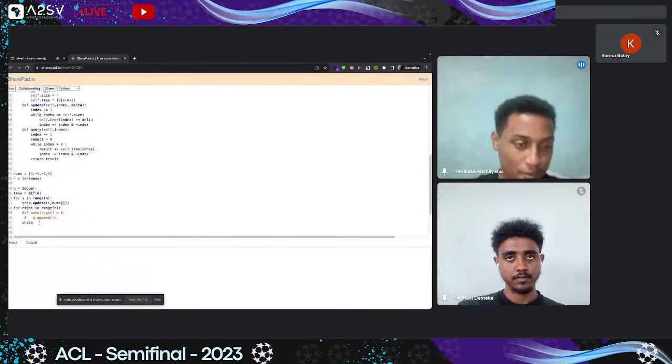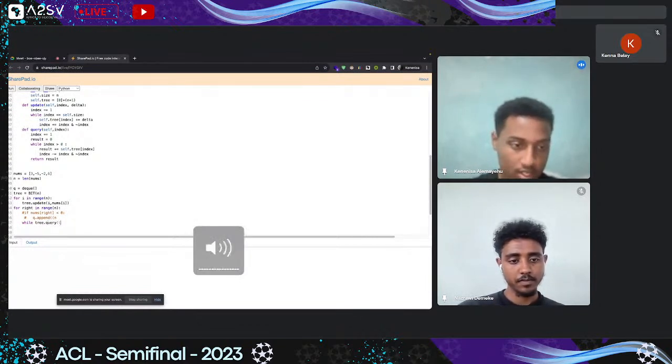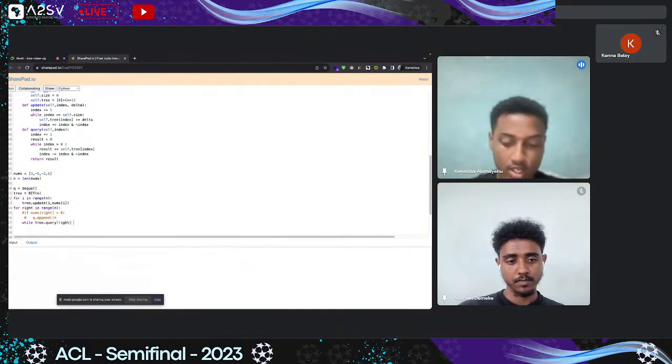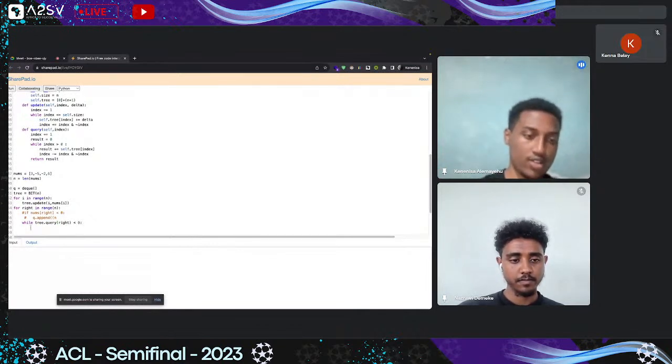Okay. So I will do tree.query while there is a tree.query, and we're going up to r is less than 0. So there is some number that makes the range negative. So now what I can do is